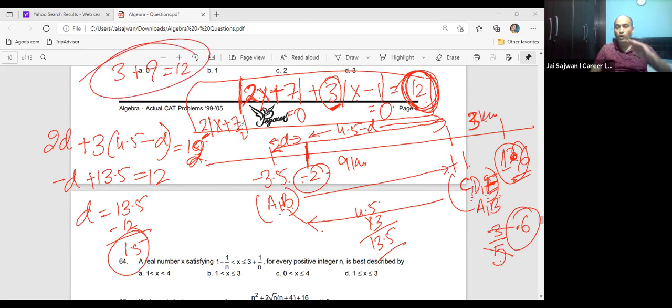So the answer will not be coming beyond it. I'm sure now everyone understands it. The answer will be coming here. I need to find out D, which is 1.5 more than minus 3.5, plus 1.5. The answer will come out to be minus 2. Is it fine, everyone there? Shivam, Paras, Soumya,